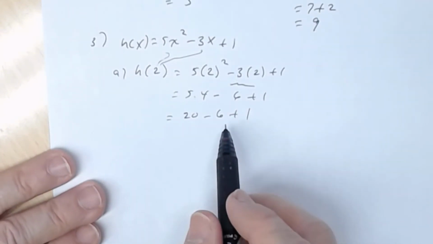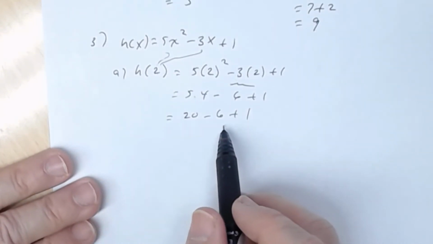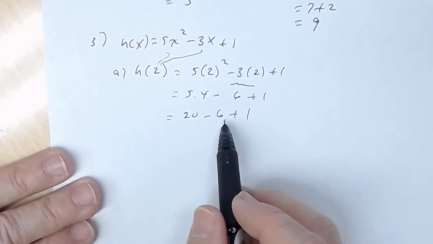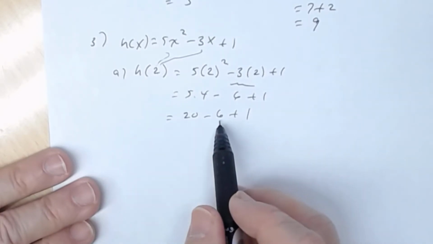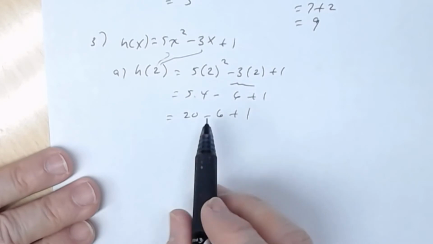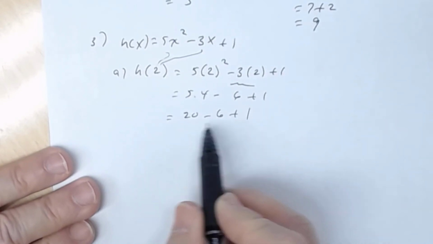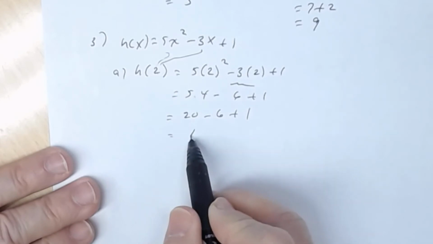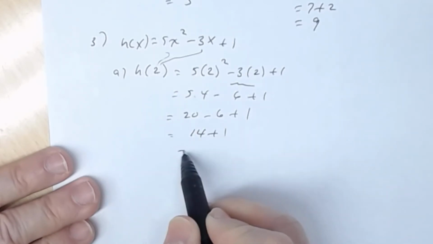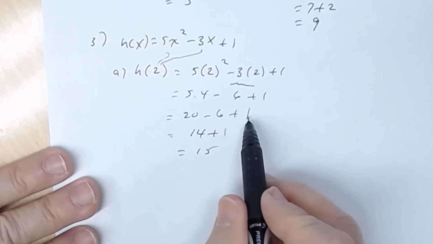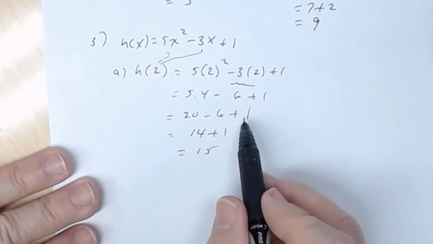Now, once in a while, there will be a student that will say negative 6. When they see this right here, they'll say 6 plus 1 is 7. That's not true because that's not a 6. This is a negative 6. So remember the order of operations, you got to add and subtract from left to right. So do it from left to right. 20 minus 6 is 14. 14 plus 1 is 15. So don't make a mistake and say 6 plus 1 is 7, and then say 20 minus 7 is 13,